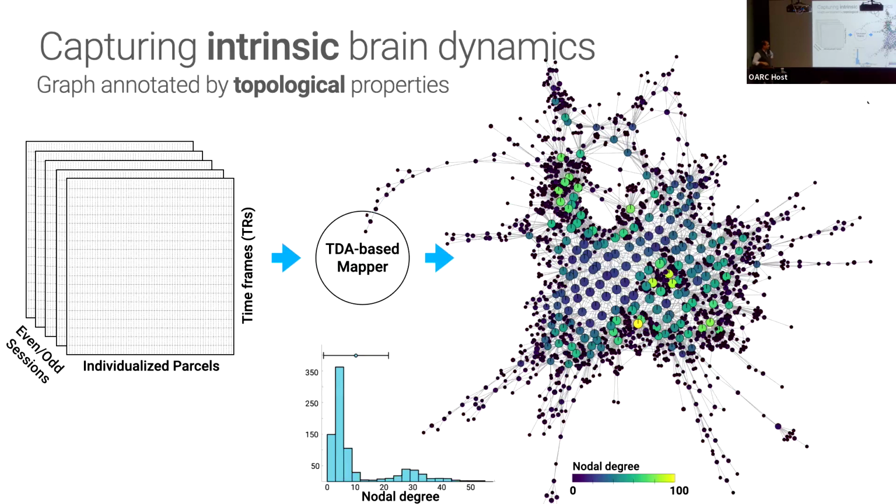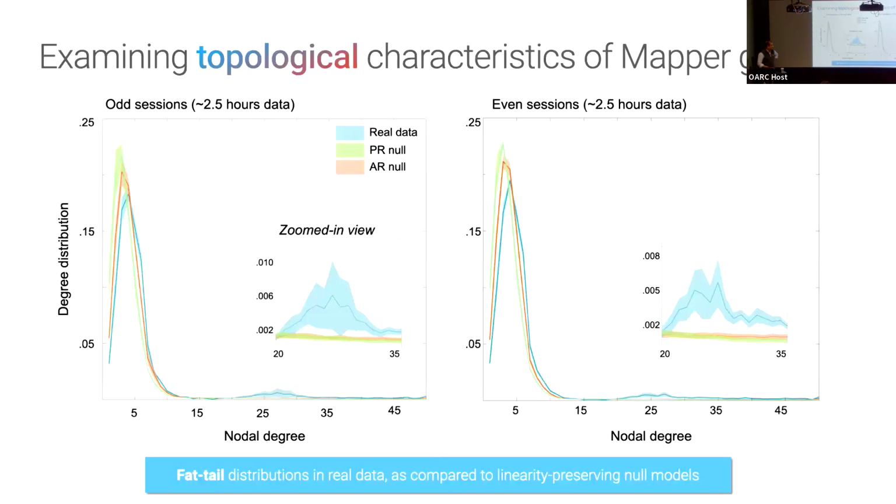Or just look at the degree distribution of this density, this plot as well. And we found across all people and sessions this fat tail, very obvious across people. So we ran a comparison against the null models, and indeed there is this fat tail. And this is odd session, even session, 10 subjects twice. And we see this big, dense fat tail, which means that in this manifold of activity at the resting state